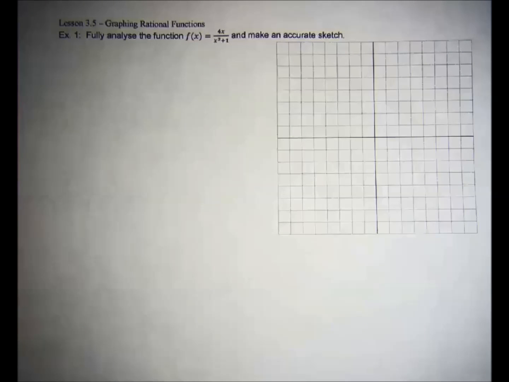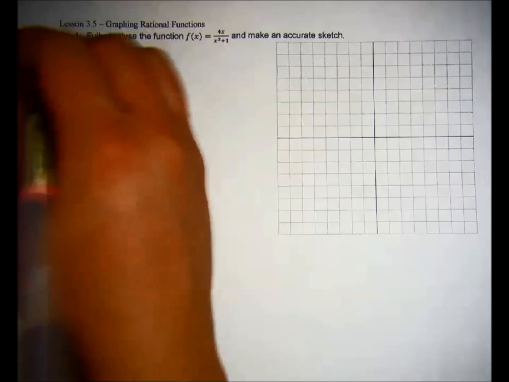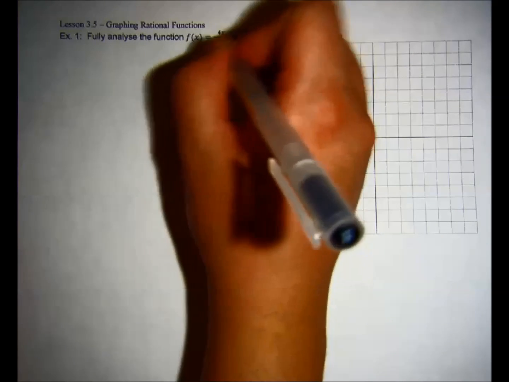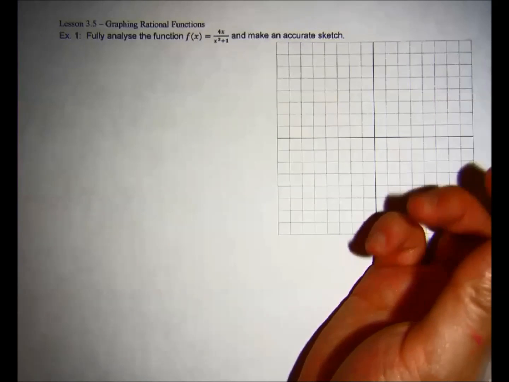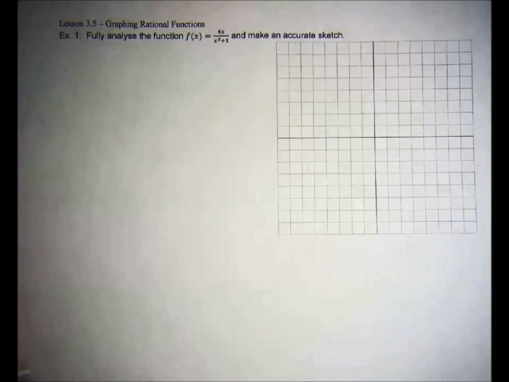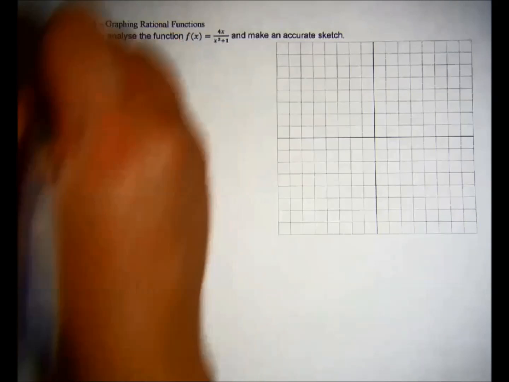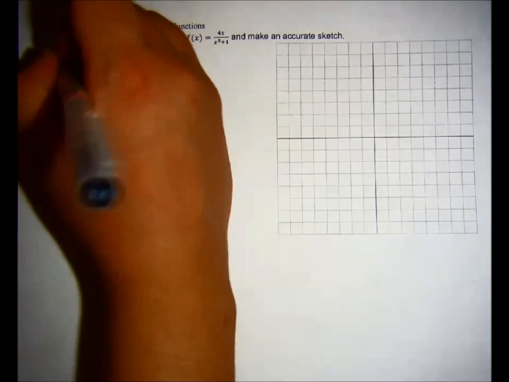So we're going to analyze the function 4x over x squared plus 1 and make an accurate sketch of this function. First thing we should do is figure out our domain. You can see that the denominator, x squared plus 1, will not have any real zeros. So we're not going to have any vertical asymptotes. So in fact, the function will be continuous